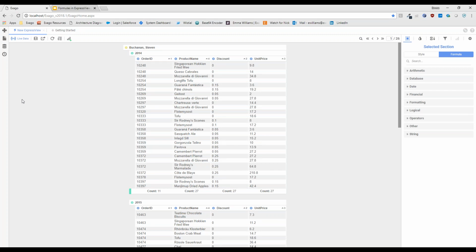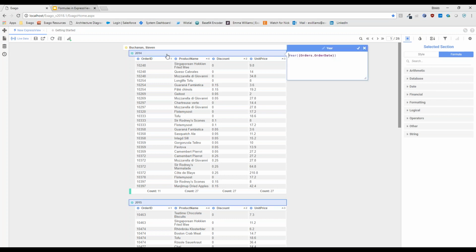If we want to take that one step further, we can actually use our concatenation in a different way. Initially, we concatenated two fields, two data fields. Now we're going to concatenate two functions. This is a formula saying pull out the year from the order date. I'm going to do a concatenation. We're going to account for that spacing, just like we talked about last time.